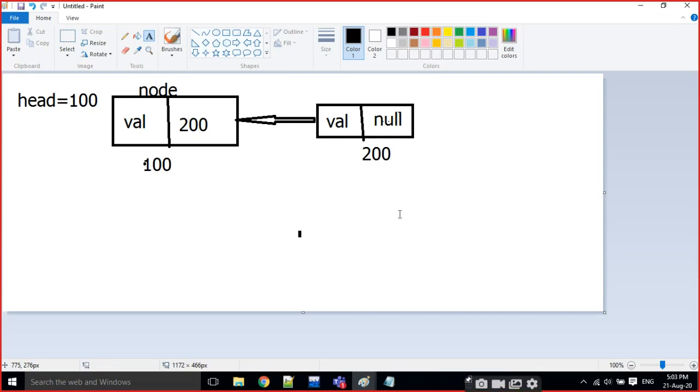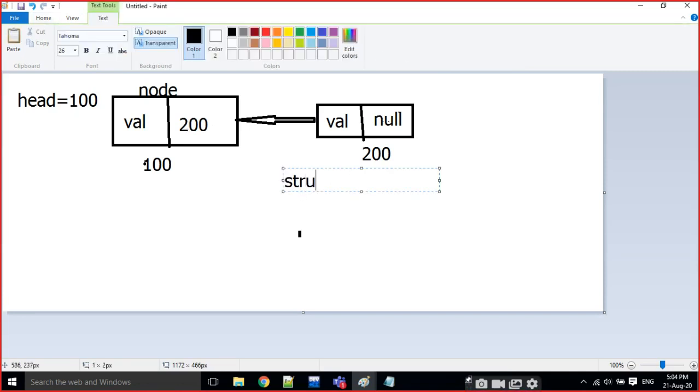Okay, this is the basic structure of a linked list. How to create a node? Creation of a node in C language or C++ is going to be different. Why? Because we have data types like integer, but this is a new data type. I want one integer value, and the second one is the address of the node. That is not an integer address, not a character address. It is the address of a node.